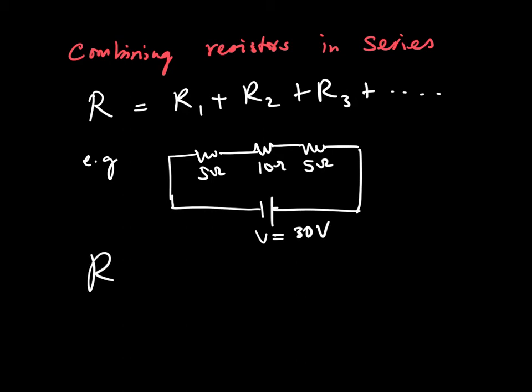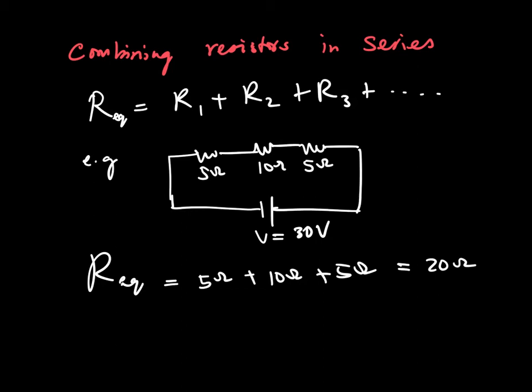The equivalent resistance, remember this EQ means equivalent, that means the single resistor that has the same value as all the resistors in the circuit combined. So the equivalent resistance will be equal to 5 ohms plus 10 ohms plus 5 ohms, which is equal to